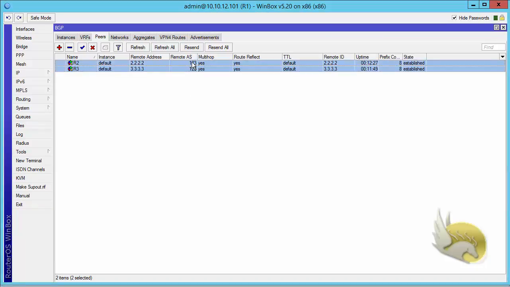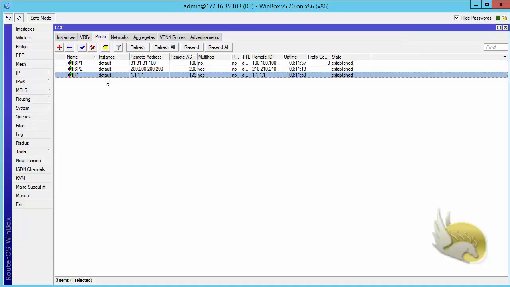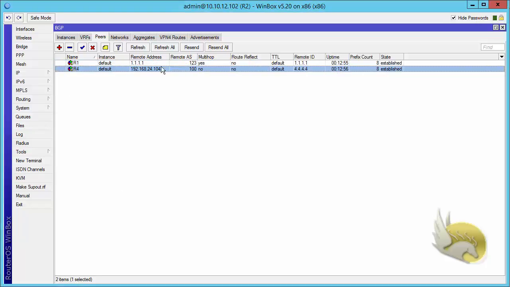Okay. Now, if I go to router 1, I have router 2 and router 3 in AS123, and they are route reflector clients. On router 3, let's go to routing BGP. I have ISP1 as a neighbor, and the remote address is 31.31.31.100. And on router 2, I have router 4 as a neighbor,